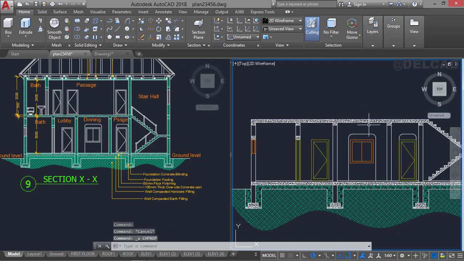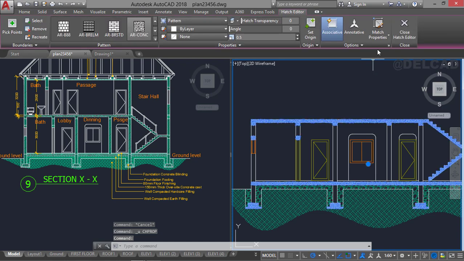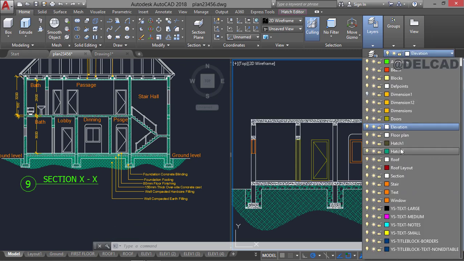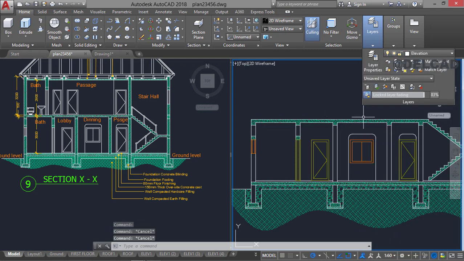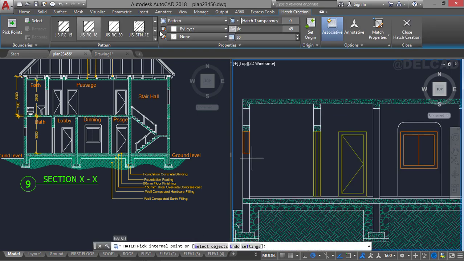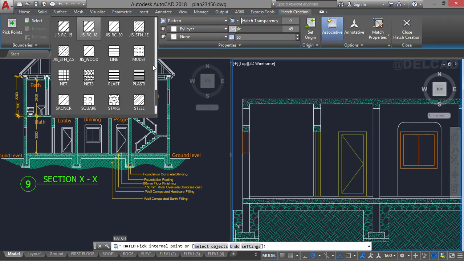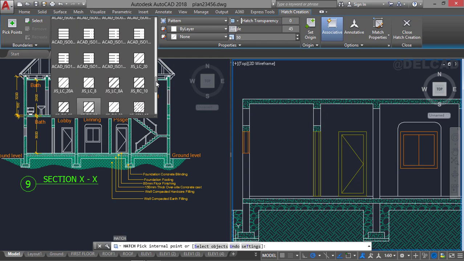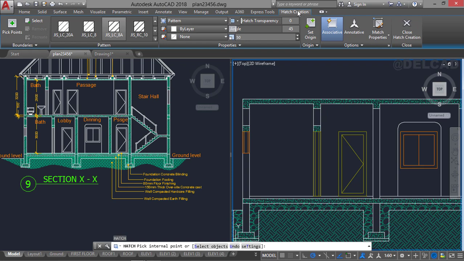Okay, select the hatch, and then we go to the layers and we move this to hatch 2, and we have this like this. And then the next thing we're going to do is to hatch the wall. So we repeat the hatch command, and I'm going to go with a different pattern. Let's say this very particular pattern, and I can hatch